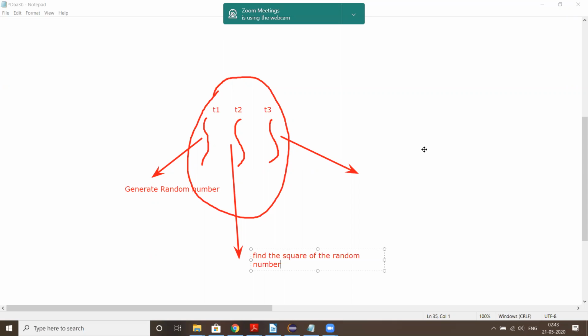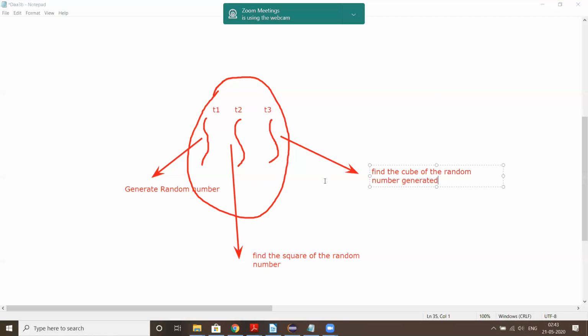And thread 3 must find the cube of the random number generated. So all these 3 threads must get executed concurrently to perform these operations. Now we move on to the coding part.